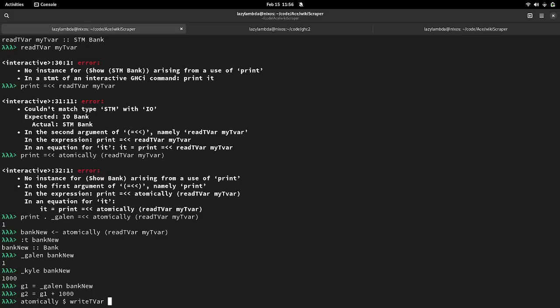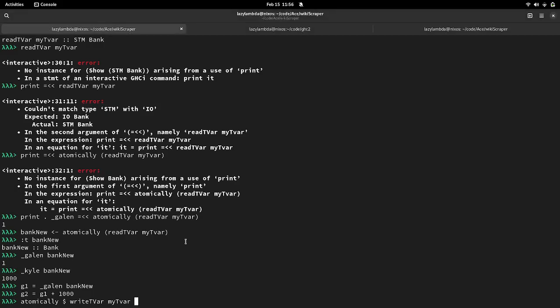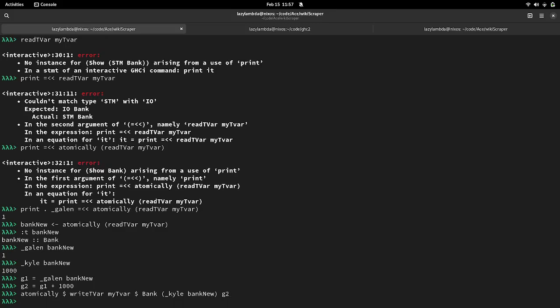I have my reference here, which is my TVar, and I just have the A. So I would have to wrap the bank again. I would say whatever your balance is, so Kyle of bank new and G2. So that's how I would do it.